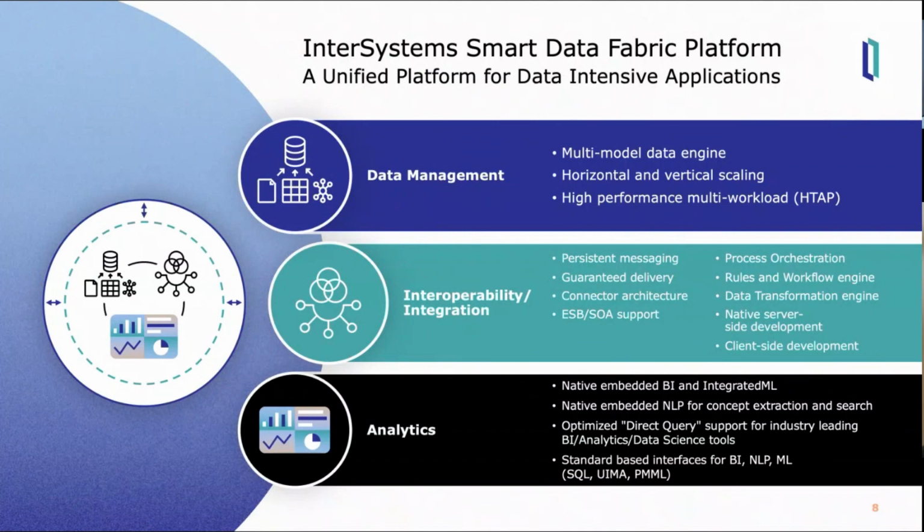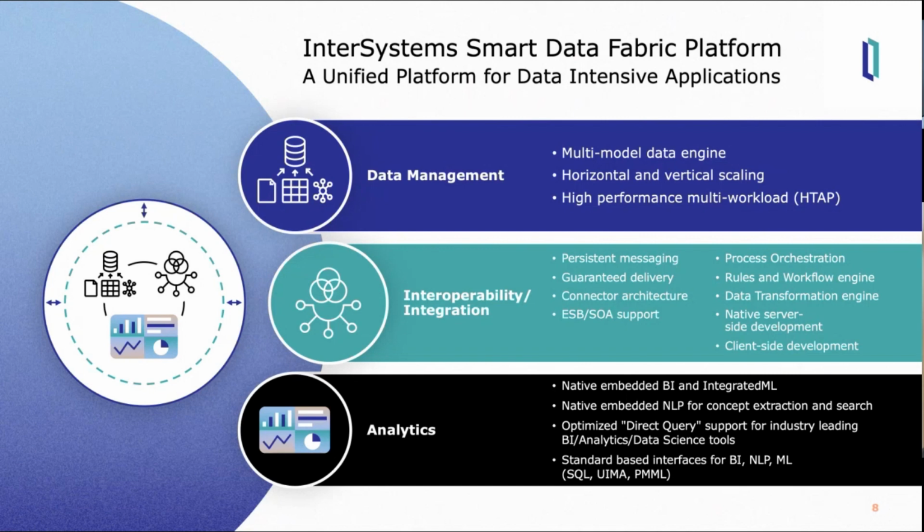So when we set out to implement this data fabric approach, obviously people who know us, we have been in the data management space for the last 45 years, starting from Cache as a database and of late Iris as the newer version of that database. And people who know our database management capabilities would be versed with it. But essentially our approach has always been speed to value and simplicity and performance at scale.